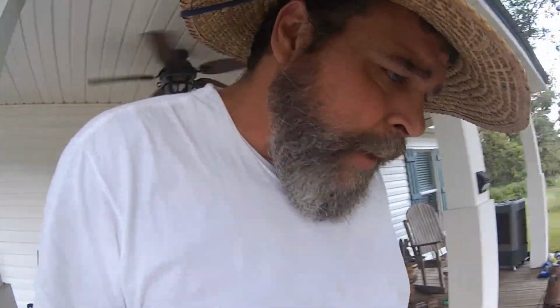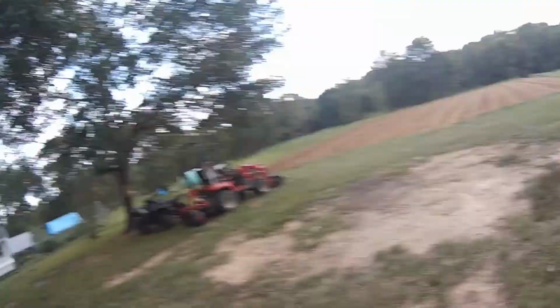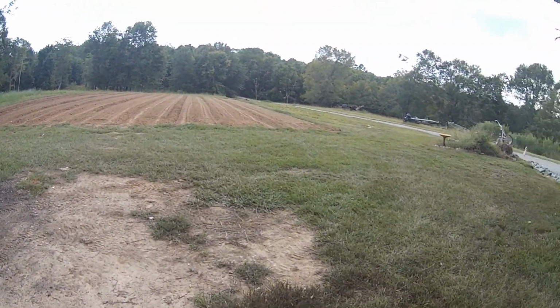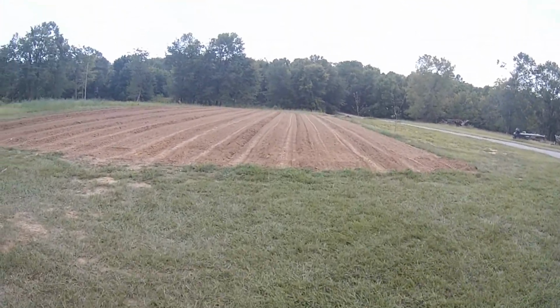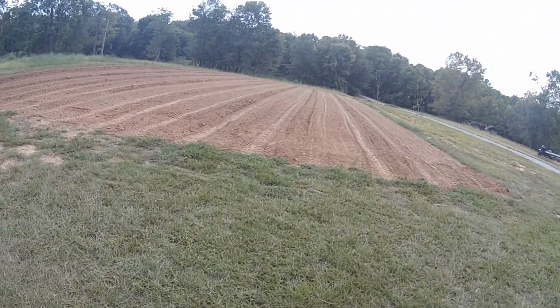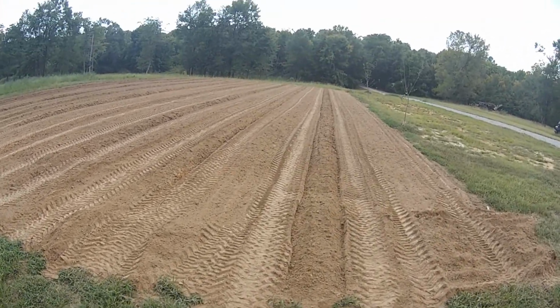Right, other camera ran out of battery. Didn't get to finish showing the rows. Just got an alert. Got some rain fixing to kick up. Bad storms. I don't know how bad it's going to be, but storms are raging. So just want to get out here real quick before it washes us up a little bit. Kind of show y'all